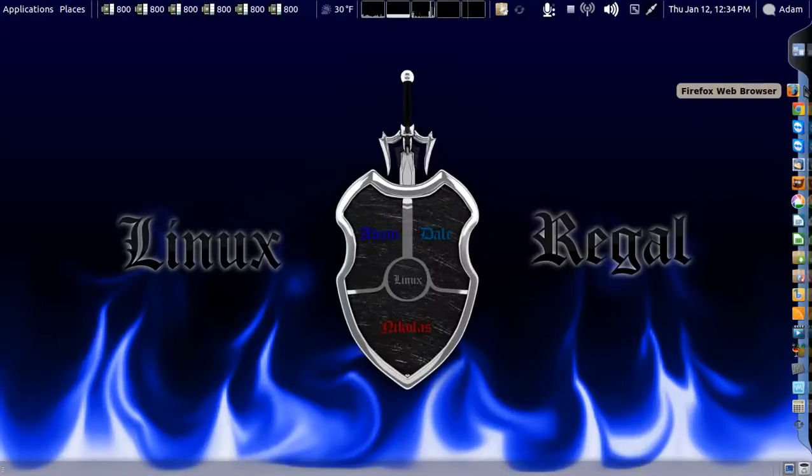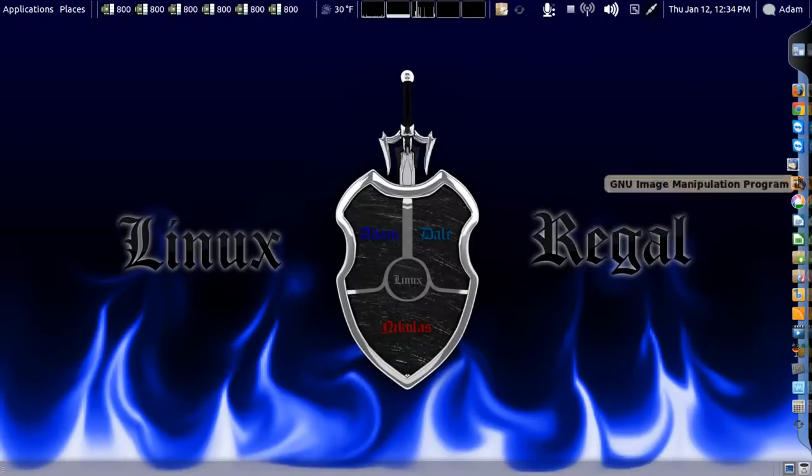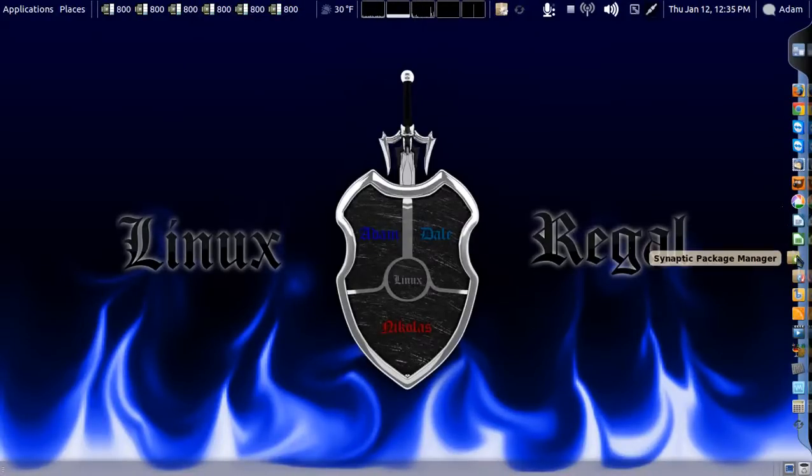On the bar, you've got your Firefox web browser, Google Chrome, TeamViewer 6 and 7 used for your remote assistance from PC Trends, Thunderbird for a mail client, GIMP or GNU Image Manipulation Program. It's a replacement for Adobe Photoshop. Picasa, which is a general photo manager, LibreOffice Writer, and Excel or Calc, same thing. Synaptic Package Manager,